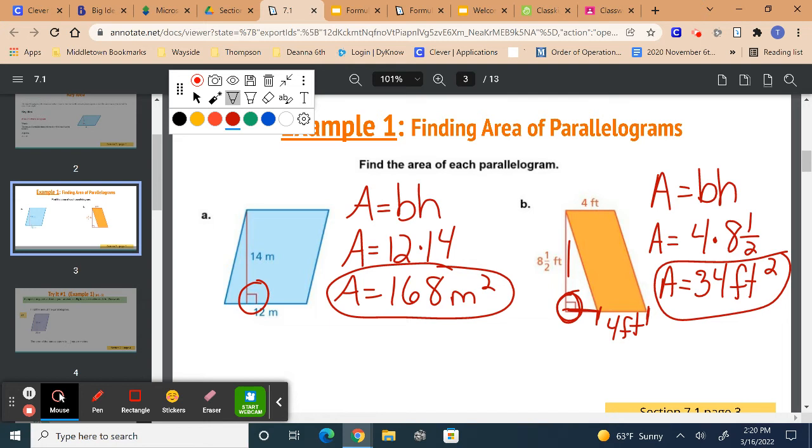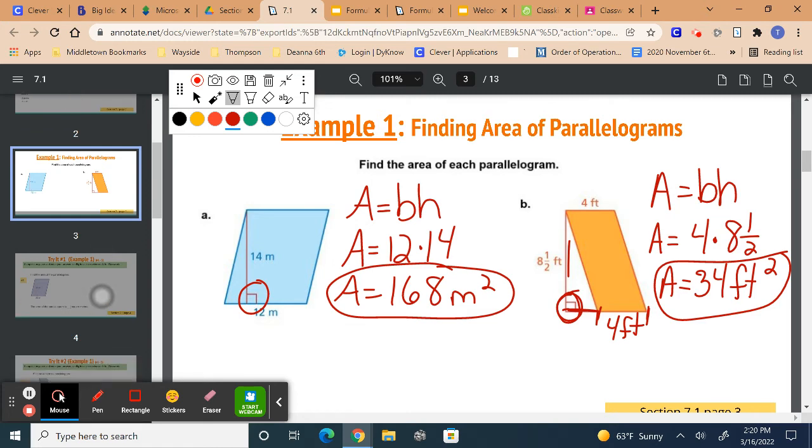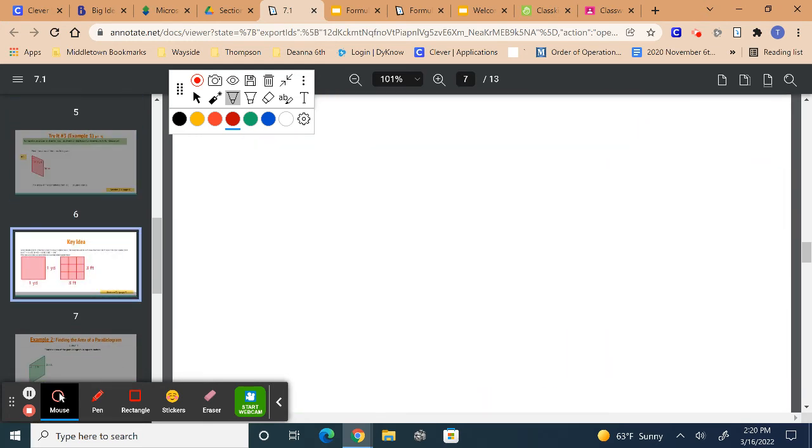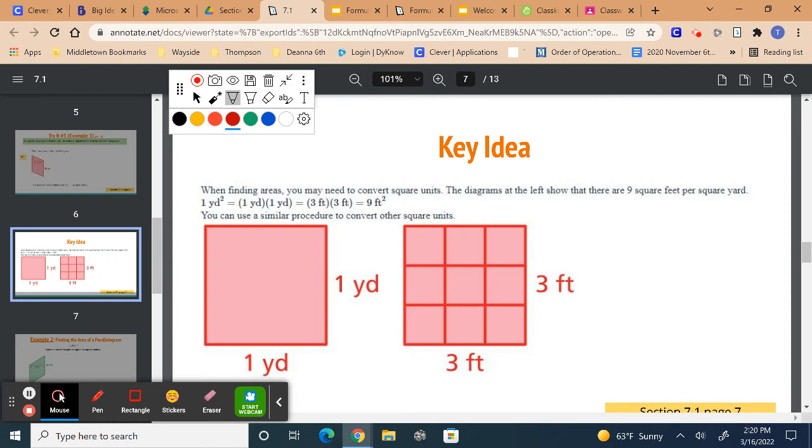All right. Everybody good? Questions on this first part? Okay. Be ready because this is the tricky one. All right. You're going to go to key idea. So you are going to get